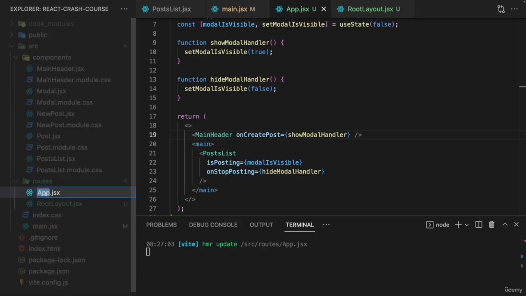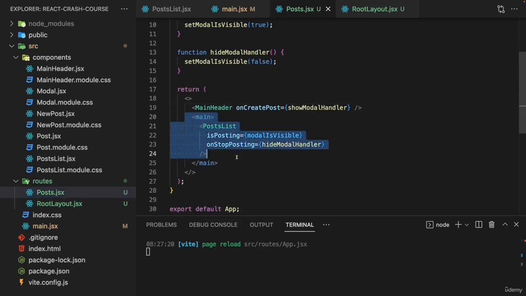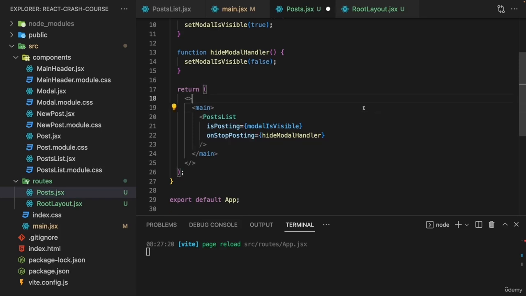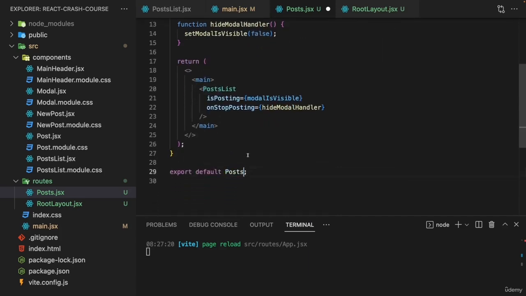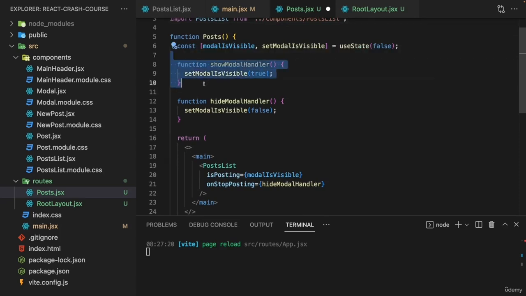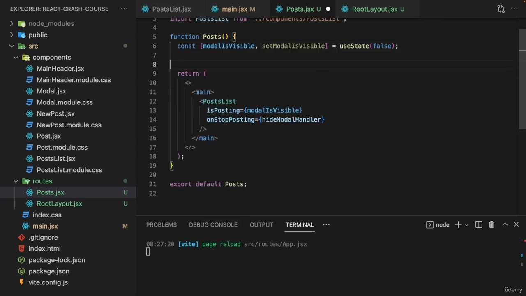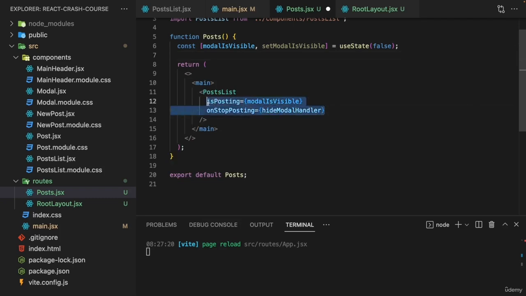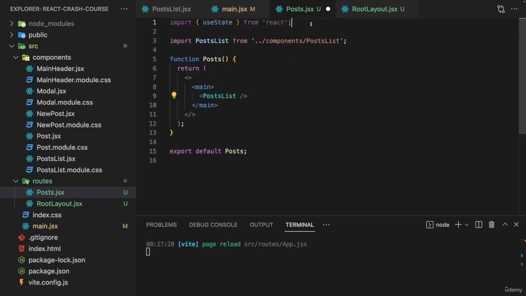And I'll rename this app component here to posts because ultimately this should be responsible for rendering my posts list here. Now in this posts.jsx file, which was the app component, I'll remove the main header and I'll rename this component function to posts, also in the export. And we can get rid of that main header import here as well. Now we can also get rid of the show modal handler because that was previously used by the main header. And we can actually also already get rid of hide modal handler here and get rid of these parts here and of this state